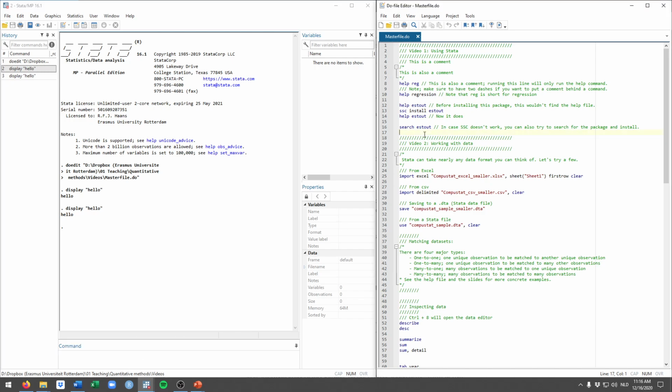Especially as you move forward with your thesis, you will have a lot of commands that you need to run every time you start up Stata. And the key benefit of this do file is that it helps you track which commands you have done in the past, so it really helps with replicating what you've done, and it just saves you a lot of work. So here in the top you see a bunch of code. I'll run you through briefly.